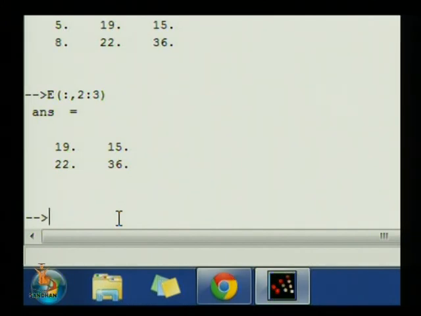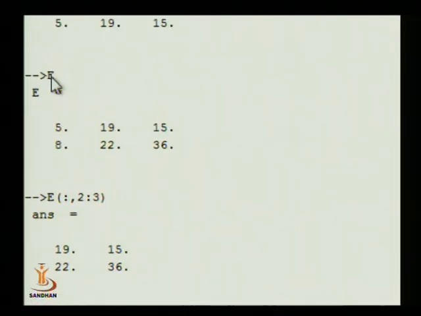Okay, so what my friend Tadrash is exactly trying to say is that you have to extract these elements number 5 and 8 and number 15 and 36. You have to eliminate 19 and 22 out of this E matrix. Okay,